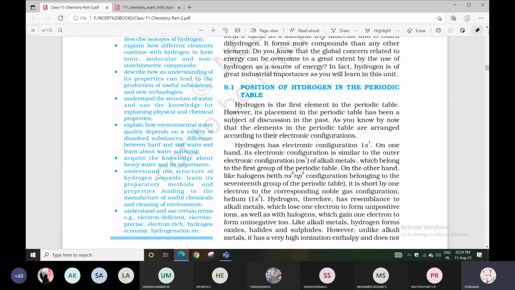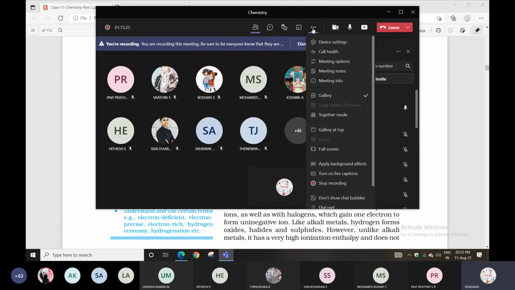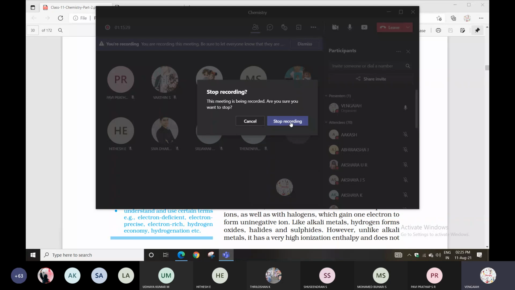That's all. Tomorrow the class will start a new chapter, organic chemistry. This chapter being completed means the term 1 syllabus is completed. Term 1 has 7 chapters, term 2 has only 6 chapters. Out of 7, 6 chapters are completed. Only 1 chapter alone is pending. The pending chapter also starts tomorrow. This month we will finish the